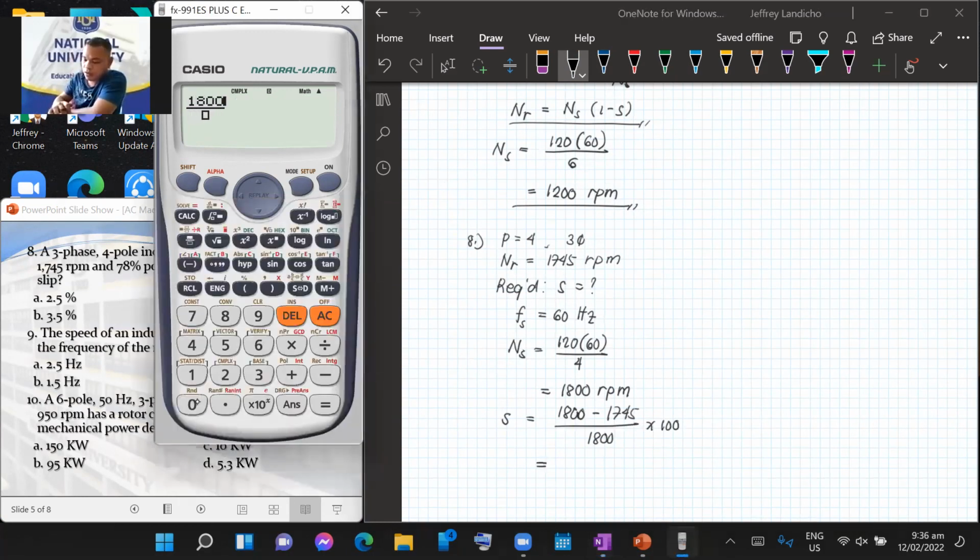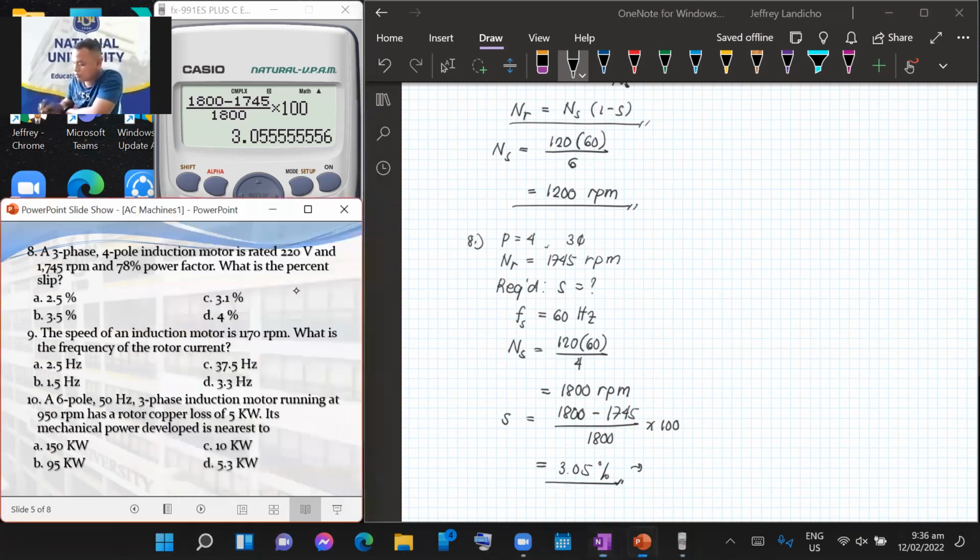Ilan yan? 1,800 minus 1,745 over 1,800 times 100. So it should be 3.05%. So yun ang hanap natin, final answer: 3.05 or 3.1. So that should be the answer. Okay? Nakuha ba? Now,